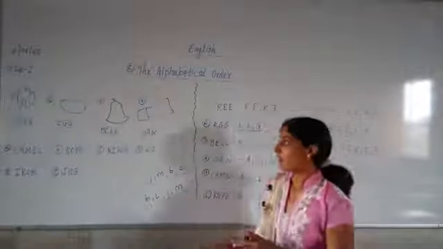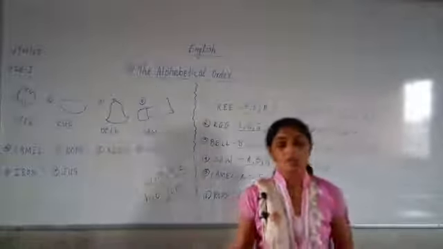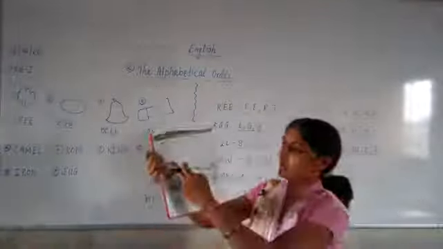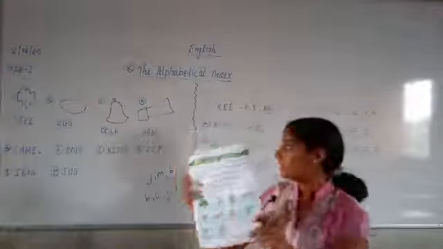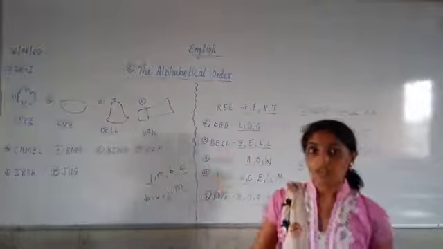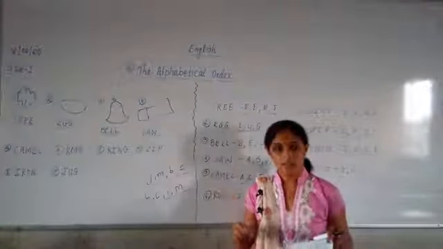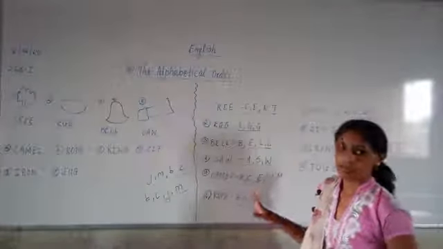Have you understood all examples? You have to write down these all examples in your book. You have your grammar books. If you don't have your grammar books, you can take your English notebook, and in English notebook you can write down all these examples. Now it is not possible for you to see in grammar book, then I have written all examples in yesterday's period also. 6 examples I have written in yesterday's period, and 10 examples today we have written in today's period. Okay?